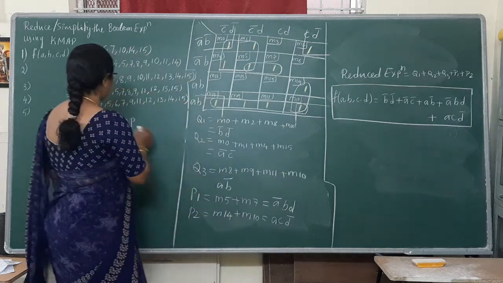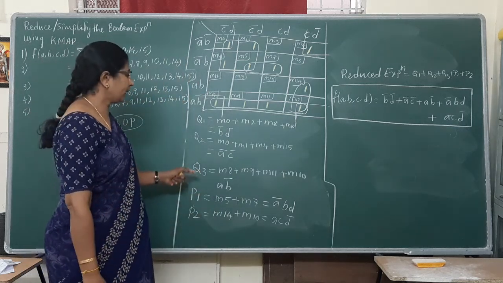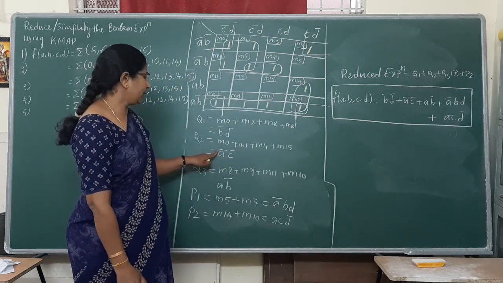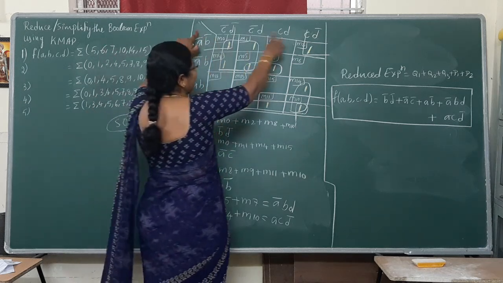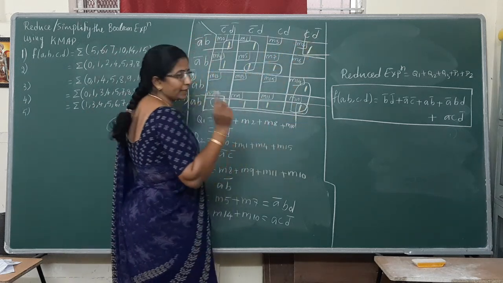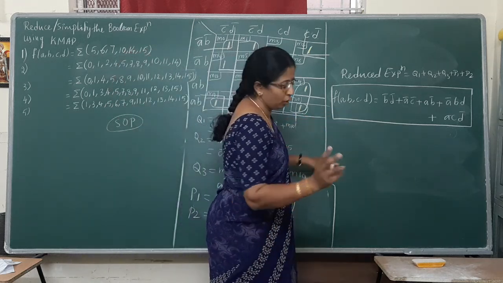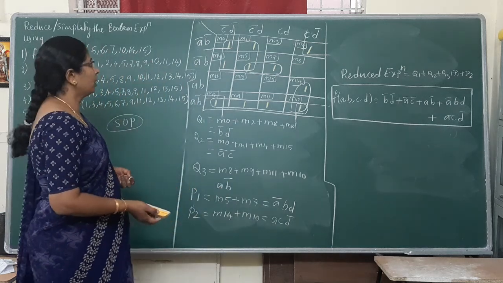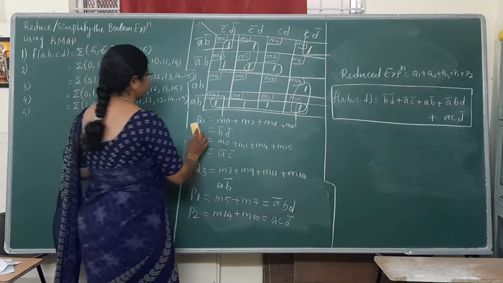Now which form are we writing? SOP form. Okay. While writing, please concentrate on the terms. Complementation and uncomplementation is very important. Only writing the grouping, you will get 3 marks. The reduced form and final result will give you 2 marks. Compulsory question. Question number 27 in your question paper, part D, first question. 5 marks question.